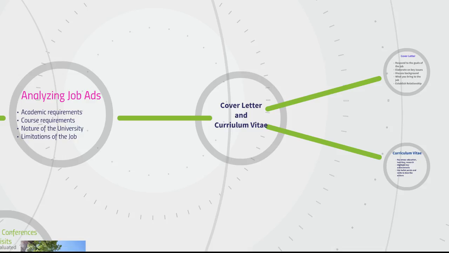But the point is, when you write your job application, you have to tailor it to which of those types of universities it is. And then sometimes there are limitations of the job, although most job ads, of course, try to sell the job. Often, it may be too many courses, or it may be in a place you don't want to live, and you have to be able to look at the limitations and your own limitations and be able to respond to them.